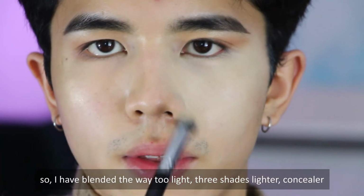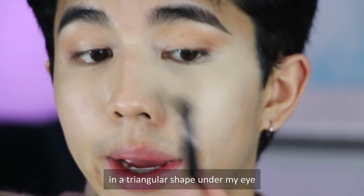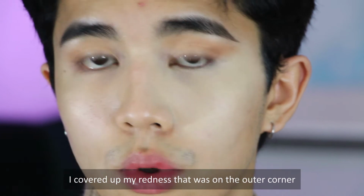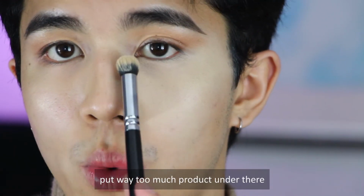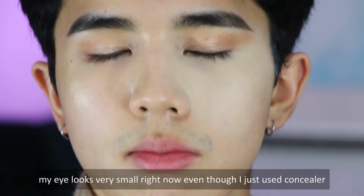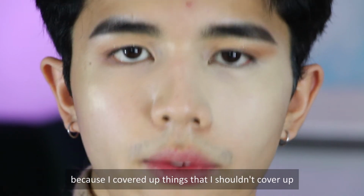So I have blended the way too light concealer, 3 shades lighter, in a triangle shape under my eyes. I covered up my redness. This was on the outer corner. Put way too much product on there. My eye looks very small right now, even though I just used concealer, because I covered up things that I